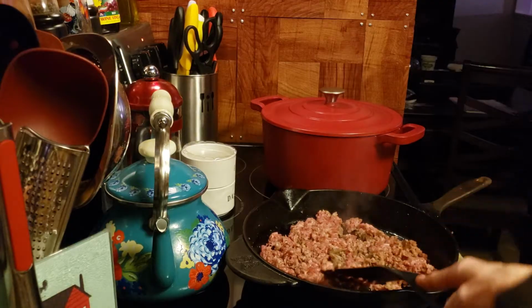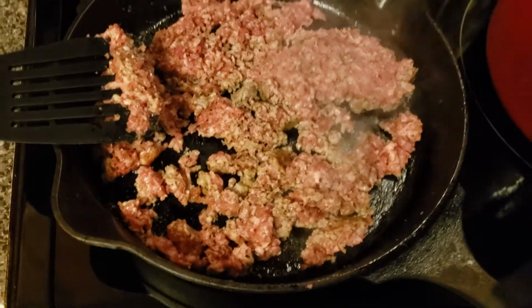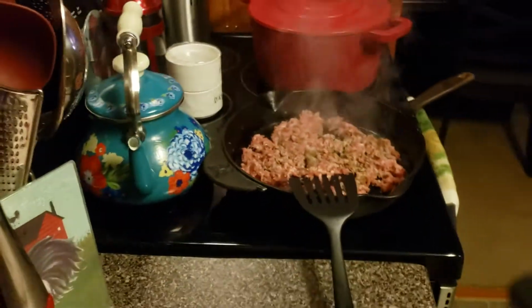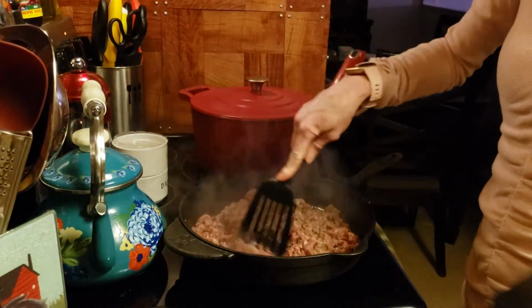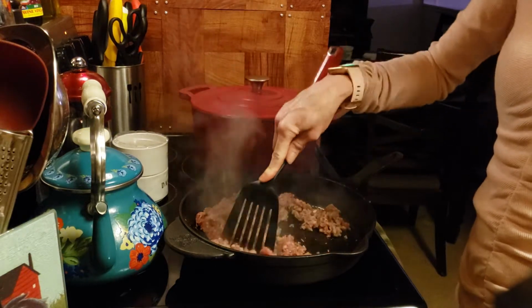I just want to make sure that you guys can see that I have a little bit of bacon grease in there, and I'm just rendering down the sage sausage. I kind of want to put it in a good spot. So once this is fully cooked,